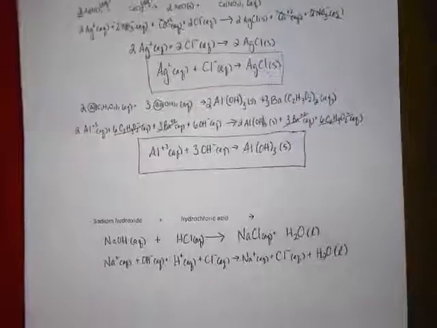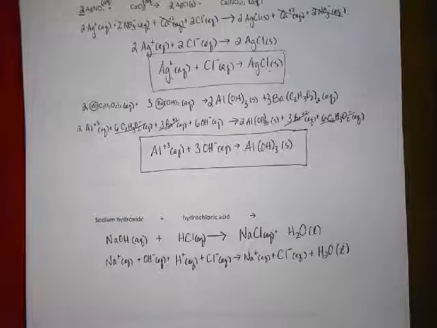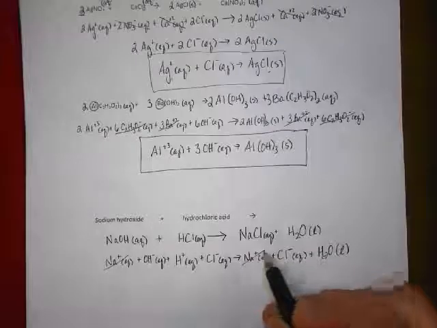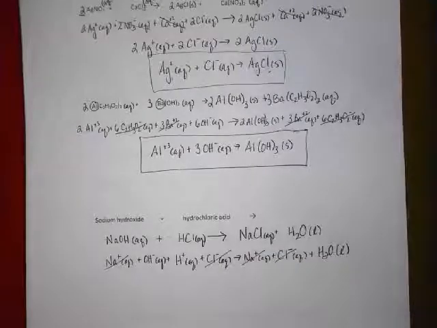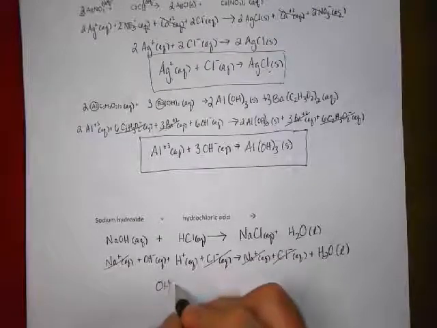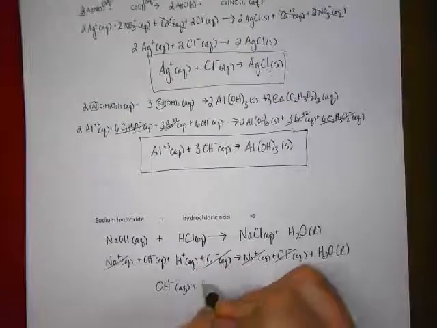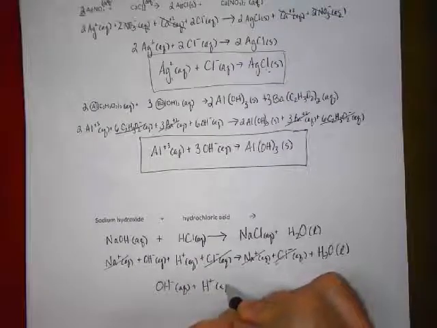Go ahead and pause this video, cross out, and write your net ionic equation. Let's see how well you did. So our Na's cross out, our Cl's cross out, and we're left with OH− (aq) plus H+ (aq) yields